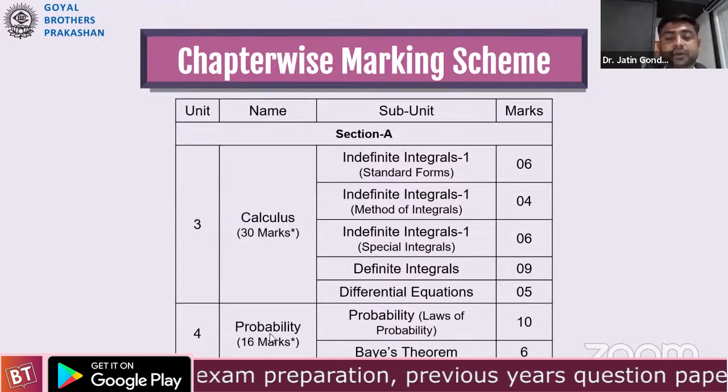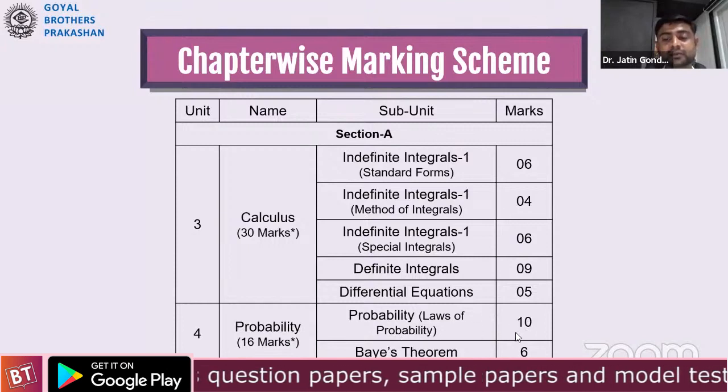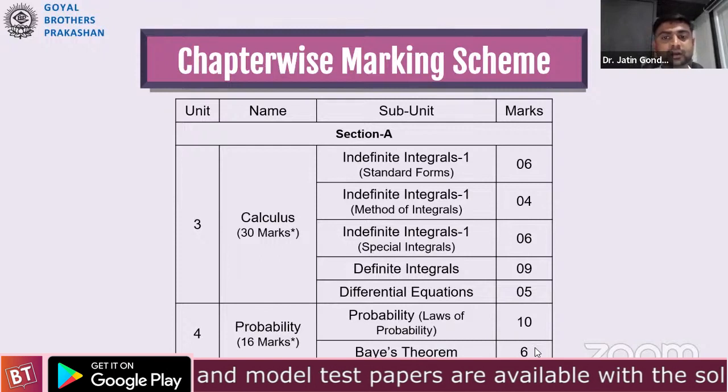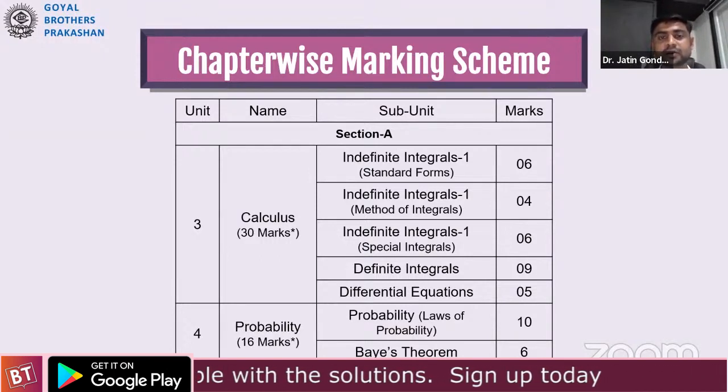be 5 marks. Then for probability, laws of probability, it has 10 marks weightage, and for Bayes theorem, it has 6 marks weightage. These are all the marks which you can see here in this slide,